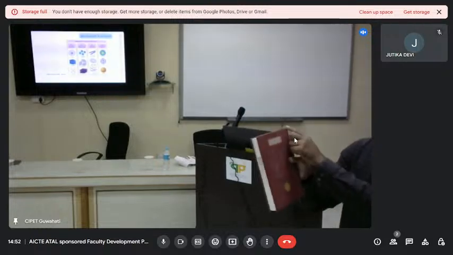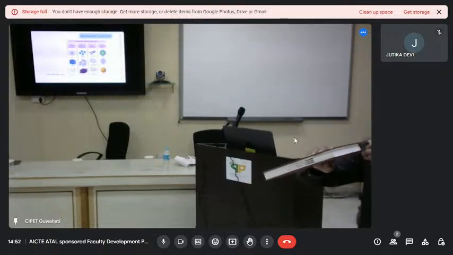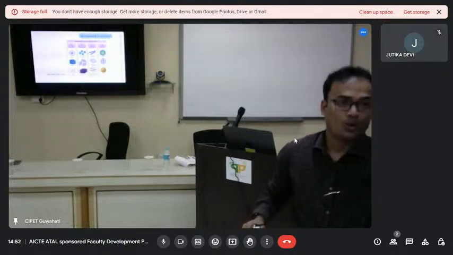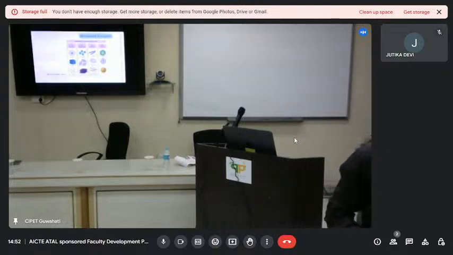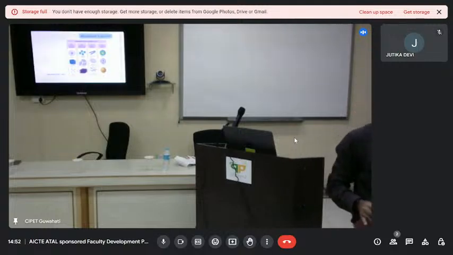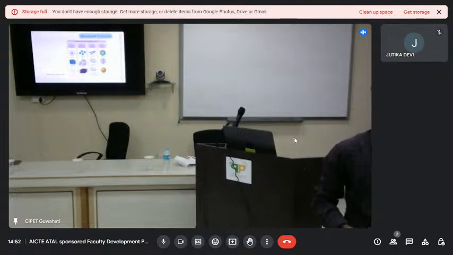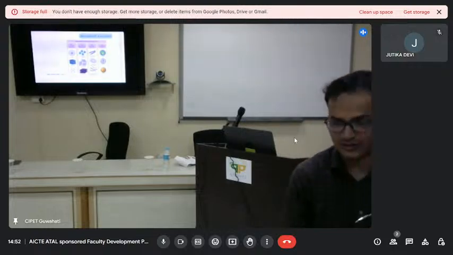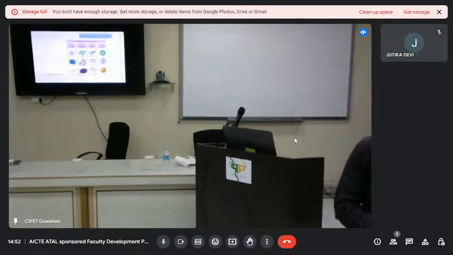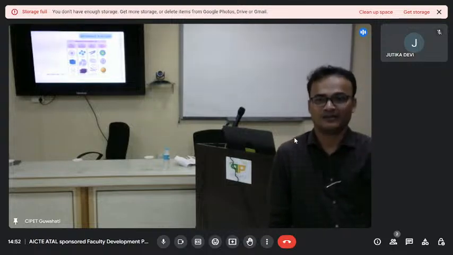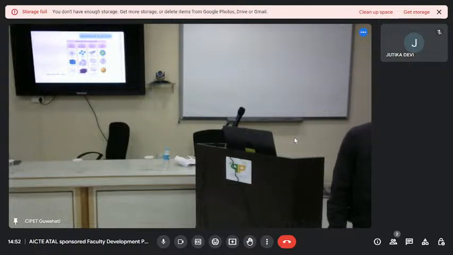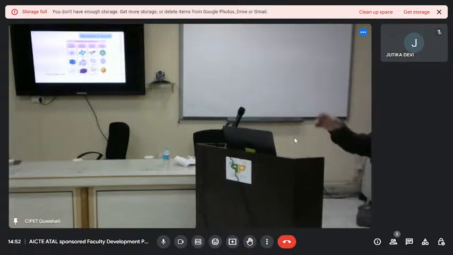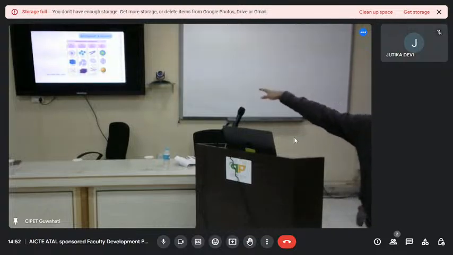Suppose this is x, y, and this is z. All 3 dimensions are in the 1 to precisely 5 nanometer range. Okay, all 3 dimensions are in the 1 to 5 nanometer range, then we call it zero dimensional. So in zero dimensional, there are different structures, both organic as well as inorganic. Even some are biologically or naturally available. Okay, so this is how we classify nanomaterial.